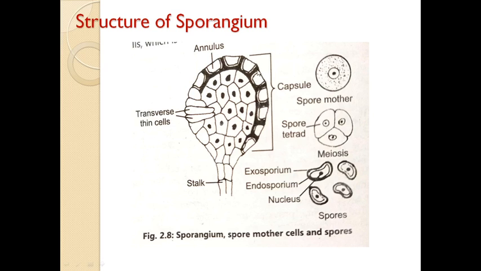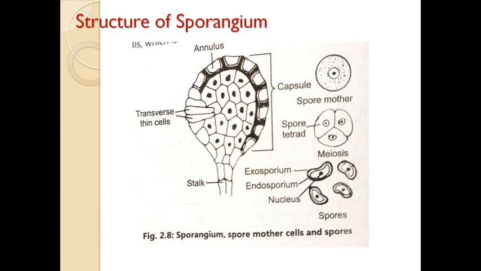These cells are vertically placed, and these cells are called the annulus. The cells of the annulus are very thick and brown along the inner tangential and radial walls, while the outer wall is slightly thin. On one side of the capsule, the annulus is replaced by larger size thin wall cells, transversely arranged elongated cells, and this elongated cell structure is called the stomium.